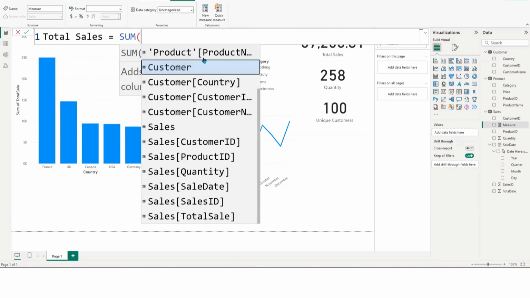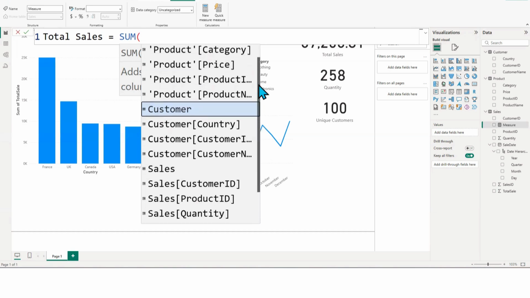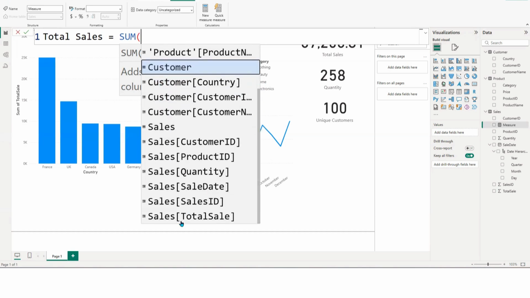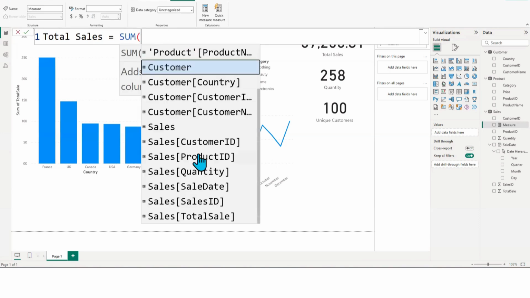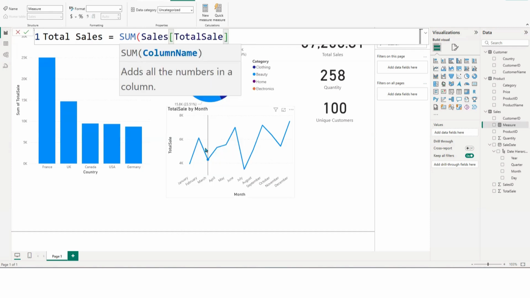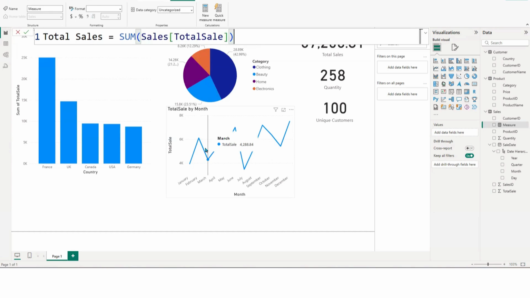Now, because our tables have relationships, that's why you can see all our tables. And what I want is the sum of the total sale. So I can scroll, sorry, so sales, sum, sales, total sales. So if I click on it and I close the bracket and I press enter,